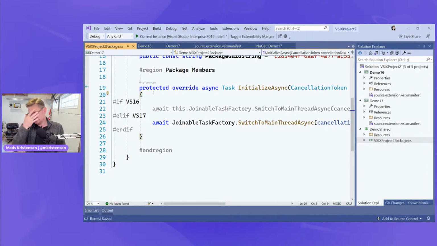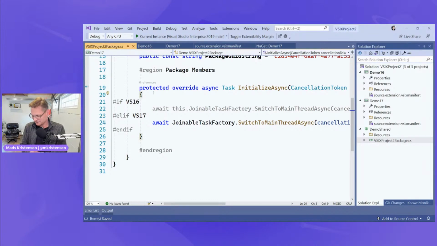And again, this is pretty common if you ever build NuGet packages that run on .NET Core and .NET Standard and .NET Framework and all that sort of stuff. Then sometimes you ifdef your way around to hit the right API for the right framework that you're compiling to.